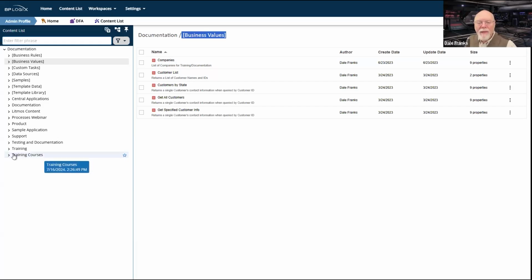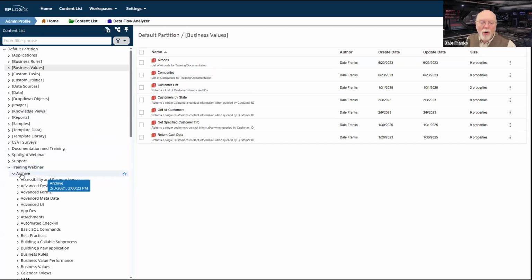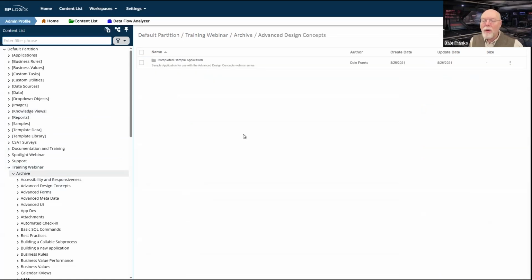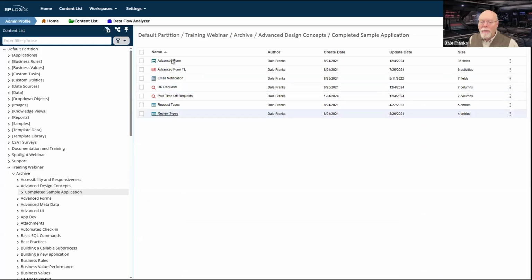But in the application itself, obviously you have your own form, your own process timelines, perhaps your own unique knowledge views, and all of those other objects. Those all need to be stored in a single parent level folder so that all of the objects that are part of that, now in this case, there's no organization. Everything is just right here in the root folder. And that's not great, but it's not terrible, because at least everything is in this parent folder, this completed sample application folder.